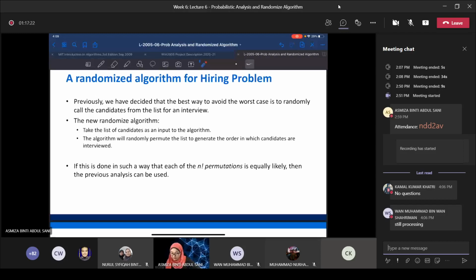So therefore, the randomized algorithm will take the list of candidates as the input, but the algorithm will randomly permute the list in order to generate the sequence of which candidates are to be interviewed each day. Okay, so basically what you're going to get here, by having the randomized list, we are trying to create